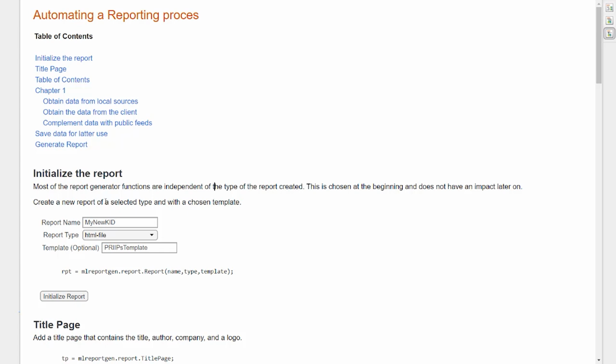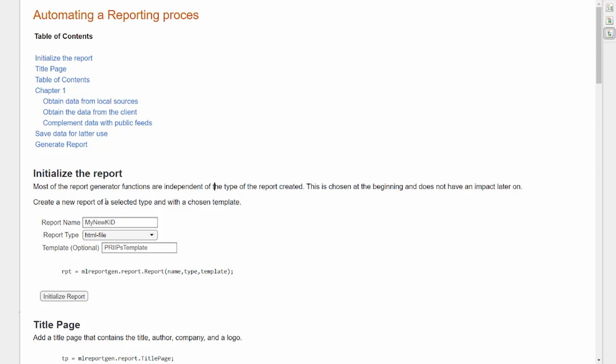So in this second part of the webinar, I'm going to show you a bit of the details involved in building a reporting tool like the one that Clarus Risk has just shown. I'm going to do it in two parts. First of all, I'm going to show you an example of how one can build a report entirely within MATLAB. And after that, I'm going to show you a more production level example where we have a combination of MATLAB code plus external templates to have more control on the look and feel of the final output of the report.